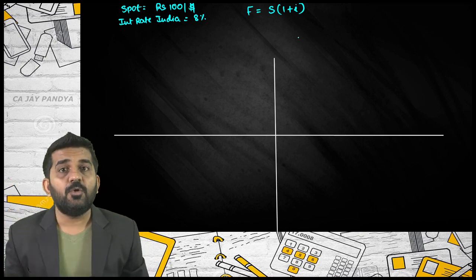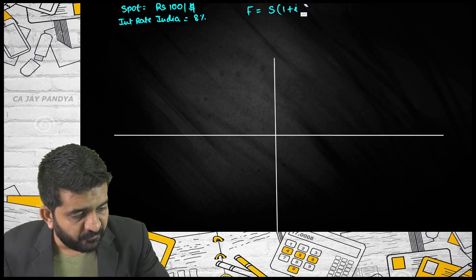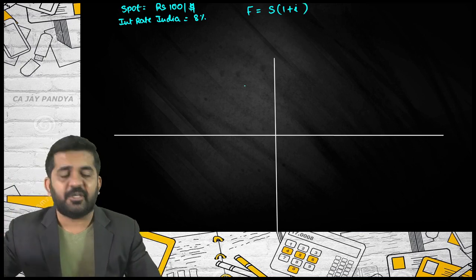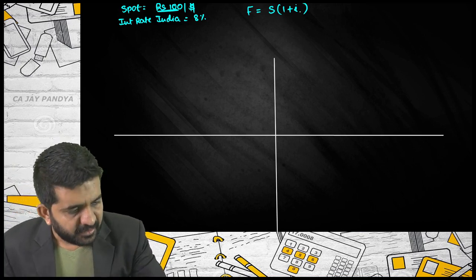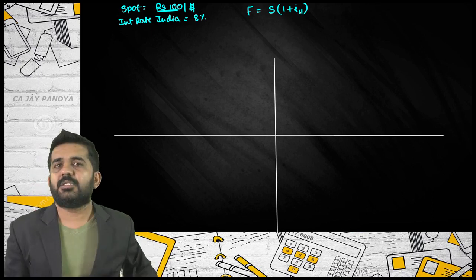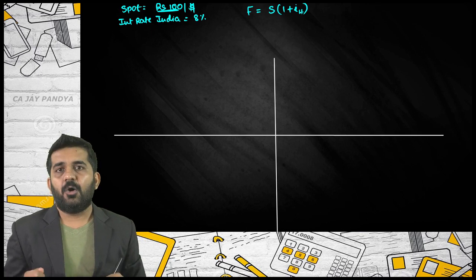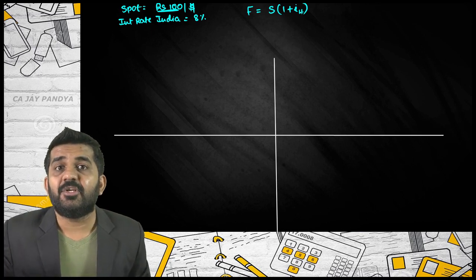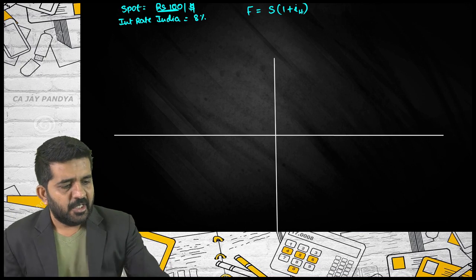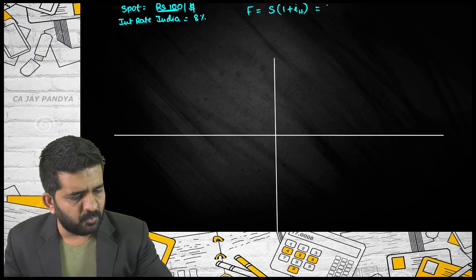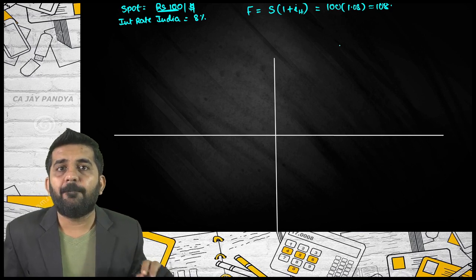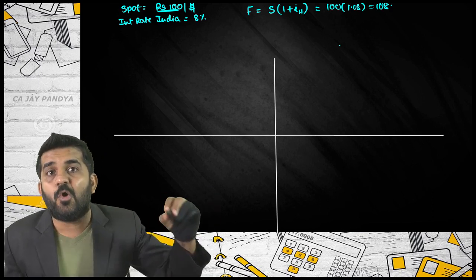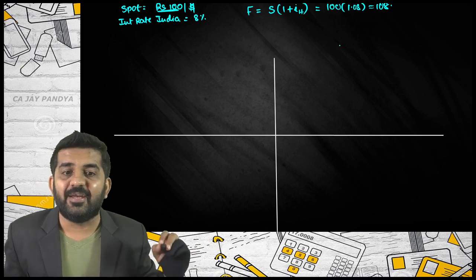First, try to concentrate: this interest rate will be of which country? You are valuing in India because your home currency is rupees. This will be the home currency; the numerator will be the home currency. Now, why in currency is there a denominator? Suppose this was the only formula, what would have been the answer? 100 into 1.08, that is nothing but 108. So the price of the forward of dollar should be 108.